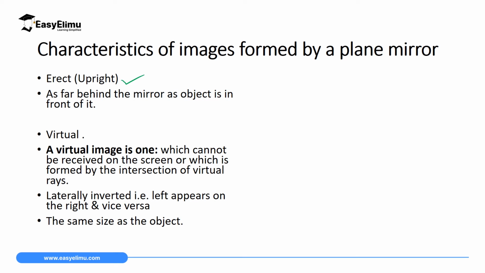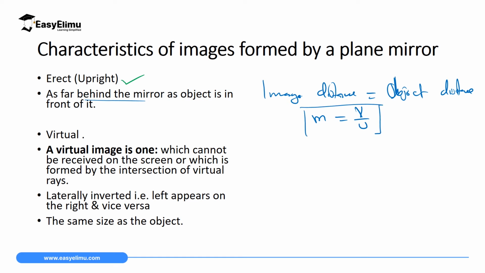Then another thing that we have noticed is that the image is as far behind the mirror as the object is in front of the mirror. This means image distance is equal to object distance. And if you remember well from the pinhole camera, we said magnification is the ratio of image distance to object distance. Now, if image distance is equal to object distance, then it means magnification is